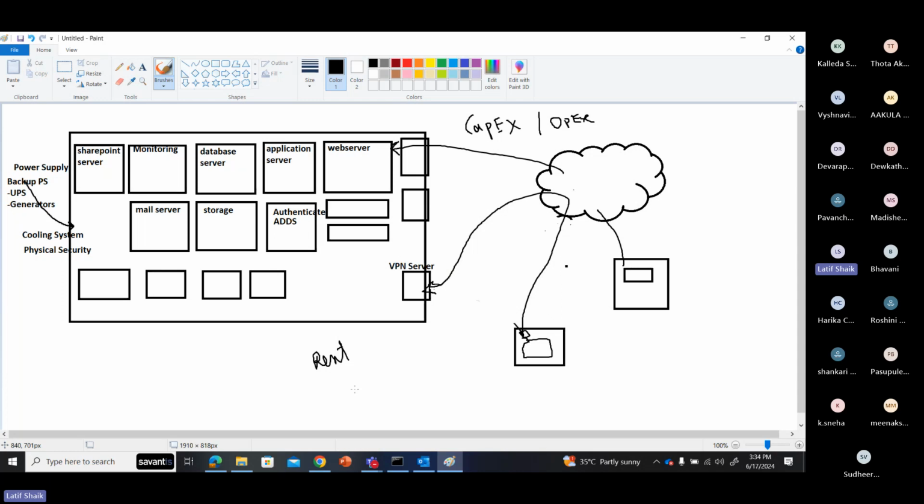So the cheaper solution for organizations is cloud. Whatever service you require, you can take that service, use it as long as you want, and once completed,